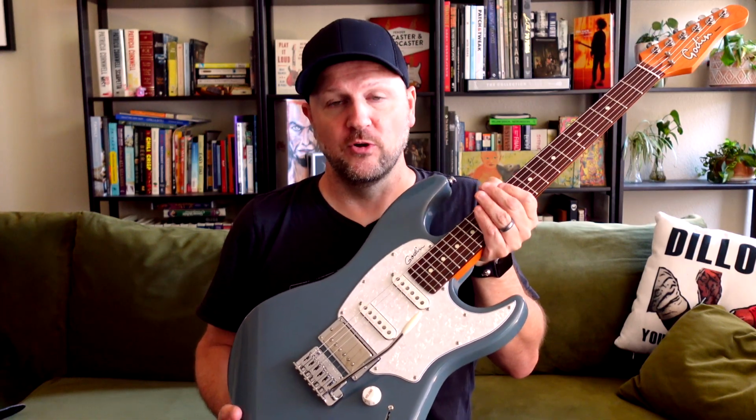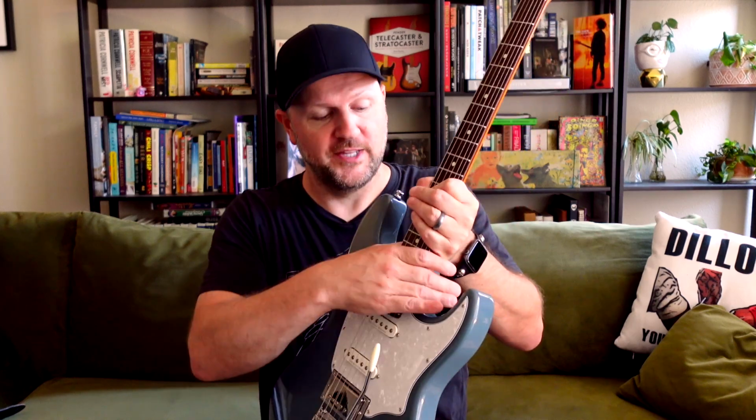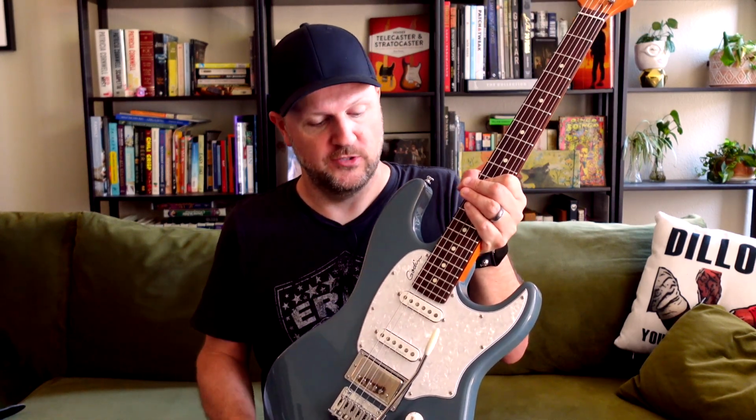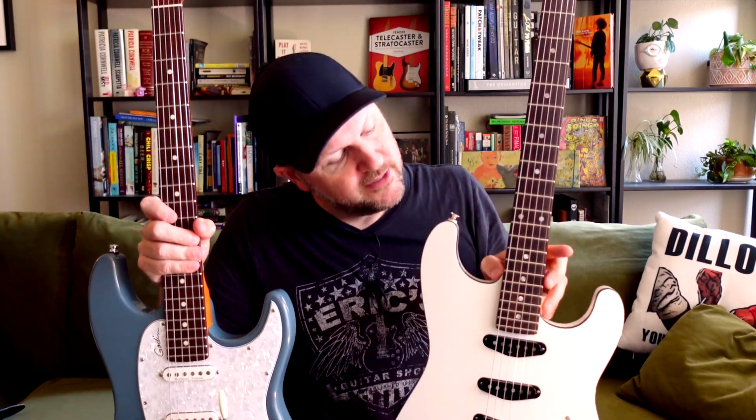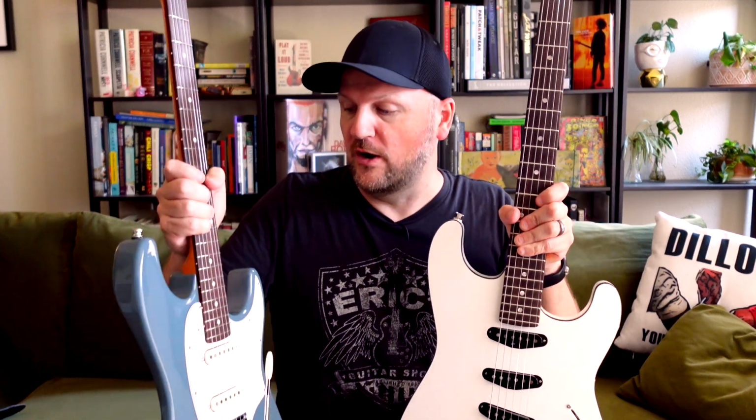Now, as we mentioned before, all of the business is shoved a little bit deeper into the body. You might be wondering what that does with your access to the neck, because yes, that also is shoved a little bit deeper as well. Well, let me point this out to you. This is a Fender Aerodyne Stratocaster, but it does have more or less the same connection points as your typical Strat. Now, the neck meets the body between the 16th and the 17th fret on your Fender. And it is true on the upper horn for the Session T-Pro, it's actually meeting the body around the 15th